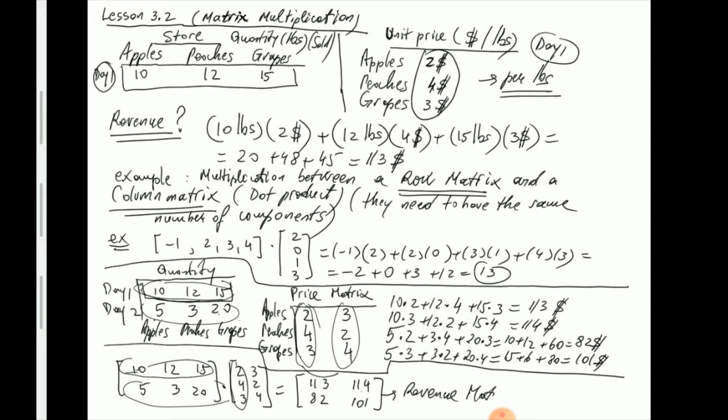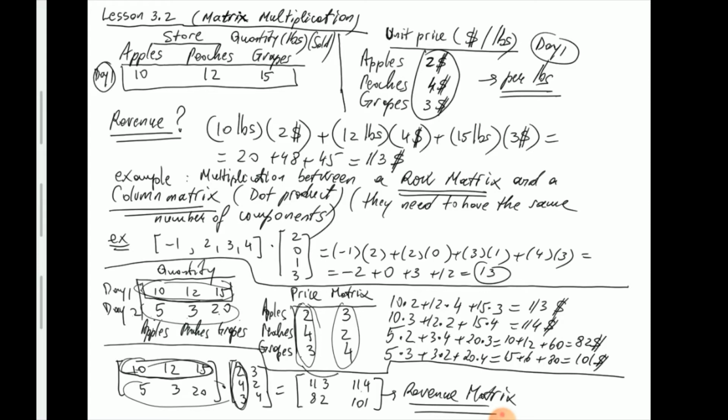So with matrices, you can combine lots of different sets of data points. Each row in the first matrix can mean any possible set of quantities sold, and you can go as deep as you want. You can have 3, 4, 5, however many entries you need in terms of the quantity sold. And then the columns can also be extended. They don't have to be just 2 of them, because you can have lots of different sets of data points for the unit price. The only requirement, if you're careful, is that the number of products should be in agreement with the number of